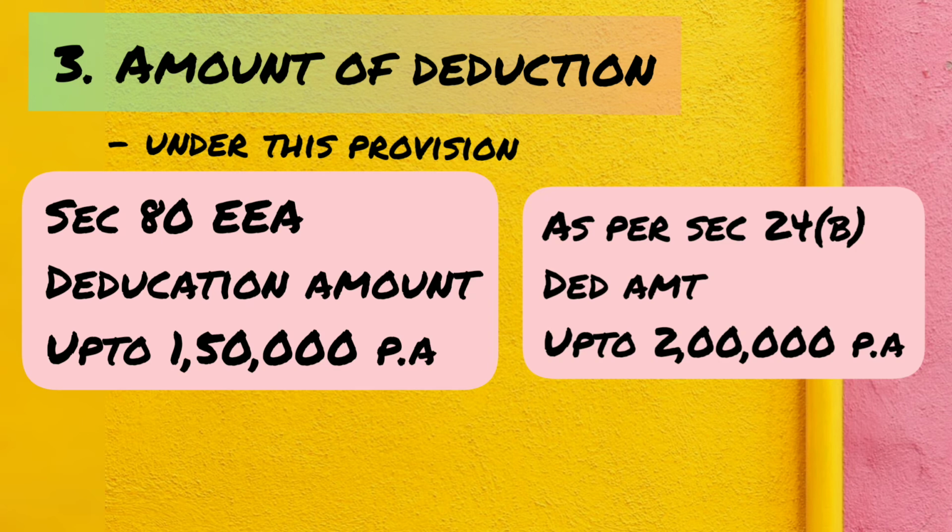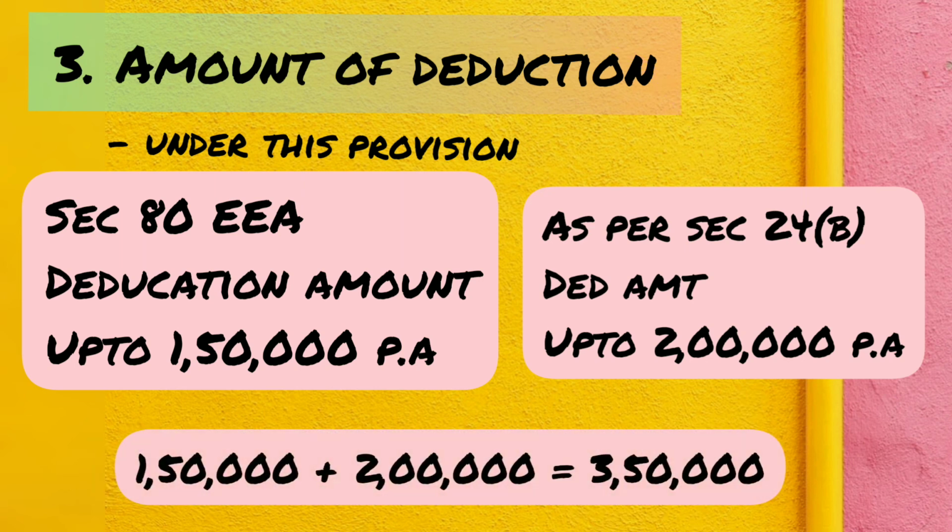So now the conclusion part is, if an assessee is taking any loan for construction or repair or reconstruction or purchase of residential house property and he is paying the interest amount, the interest amount will be allowed as deduction. How much is the limit? Means under Section 80 EEA he can claim 1,50,000. Under Section 24B he can claim 2 lakhs. That means total 3,50,000 he can claim as deduction under these sections. I think you understood the